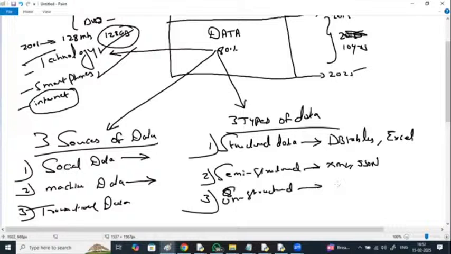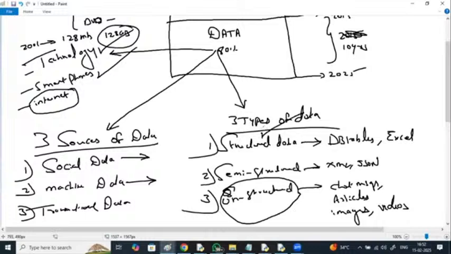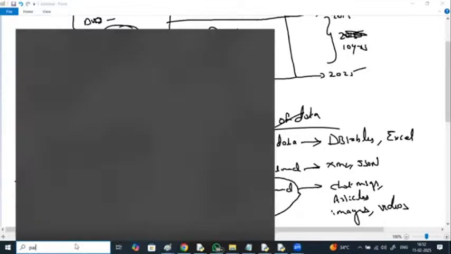But today the biggest challenge is how to handle and process this unstructured data. Talk about databases: databases can handle only structured data. They cannot handle unstructured or semi-structured data. But Hadoop can handle all varieties of data: structured, unstructured, and semi-structured. So as data is increasing enormously day by day, we need proper storage systems for storing and processing the data. We have a framework like Hadoop for it.